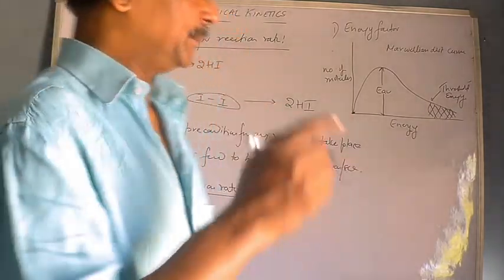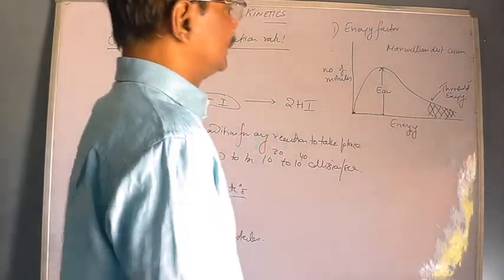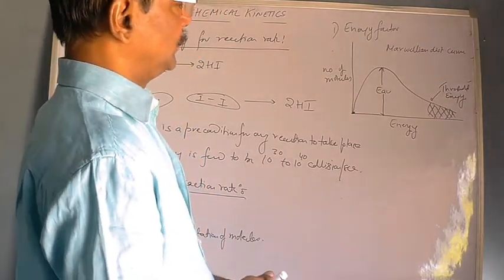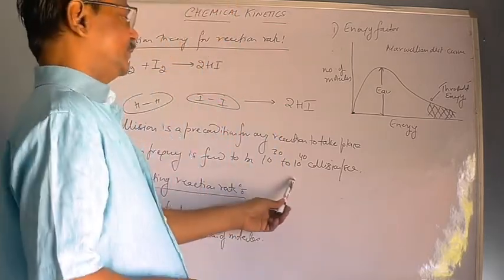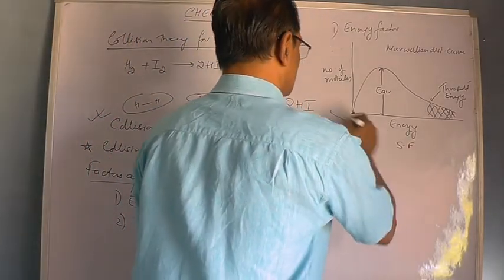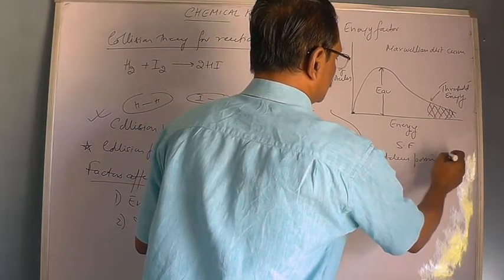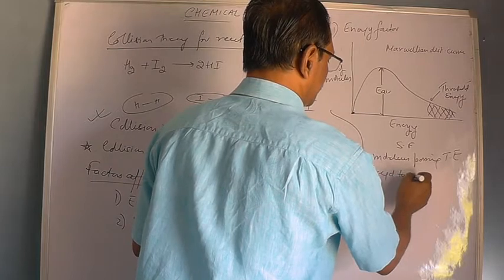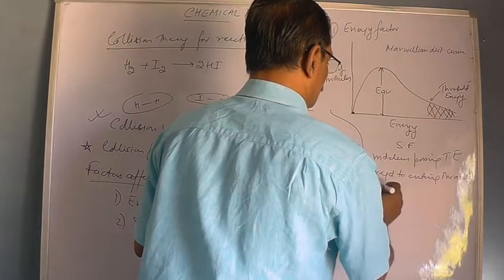So class, listen very properly. Since molecules possessing threshold energy is very, very less, therefore very few molecules enter into the reaction, and if very few molecules enter into the reaction, obviously the reaction is going to take place at a moderate rate, even though collision frequency is very high. So what we got here? We got here second feature, that molecules possessing threshold energy, what is that energy required for entering in the reaction, is very less.